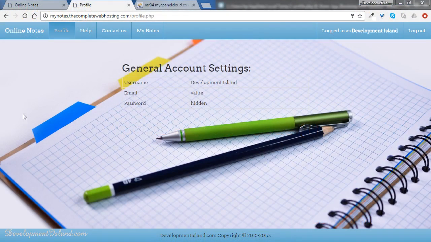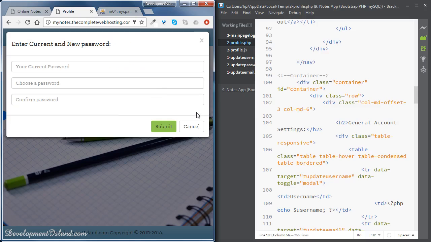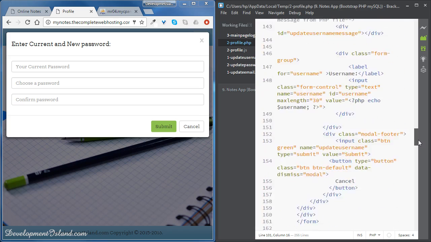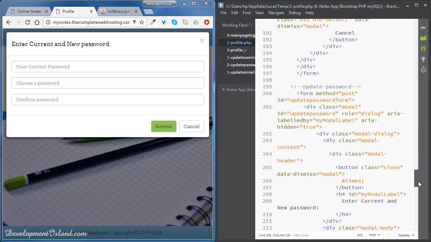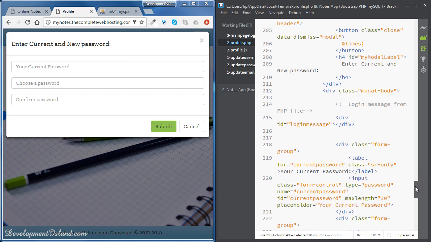In this video, we're going to write code which will enable our user to change their password. First of all, let's have a look in the code at our change password form. That's the form responsible for updating the password. The ID of the form is right there. Before we move to the different fields, we can see the actual error message. So let's change that to